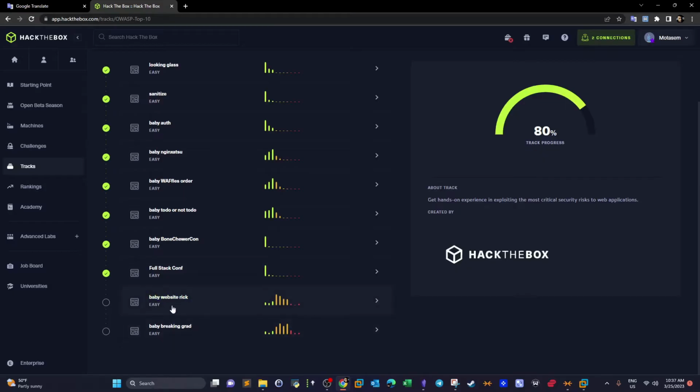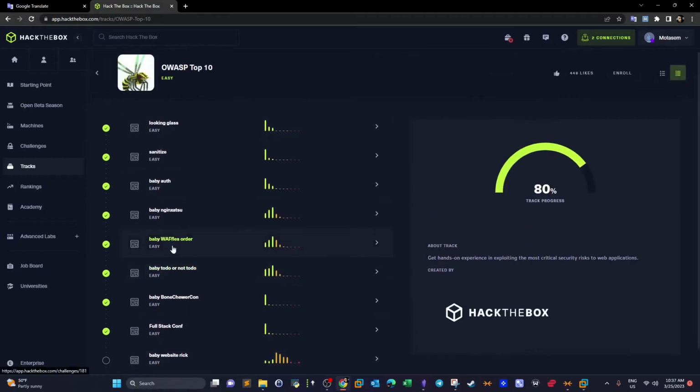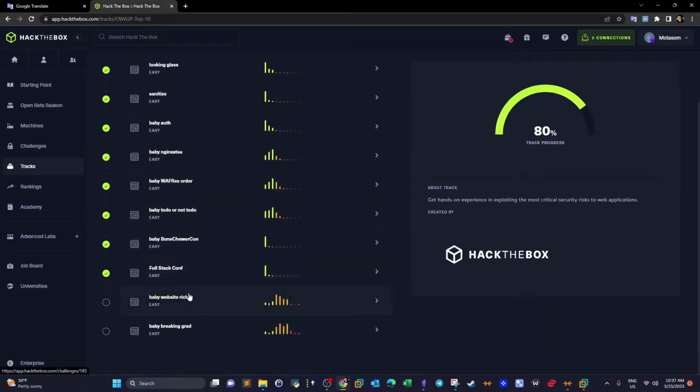So I'm going to solve Baby Website Rick, and then after that we'll see if we can go over these and the last one. If we don't catch up with that, we're going to leave these two challenges and the last one to the upcoming video, which will hopefully be the last video covering this track. So going ahead with this one,